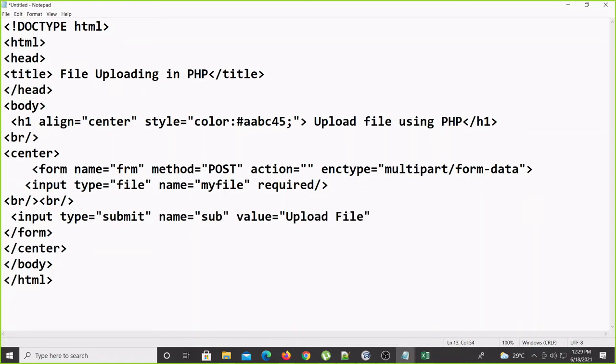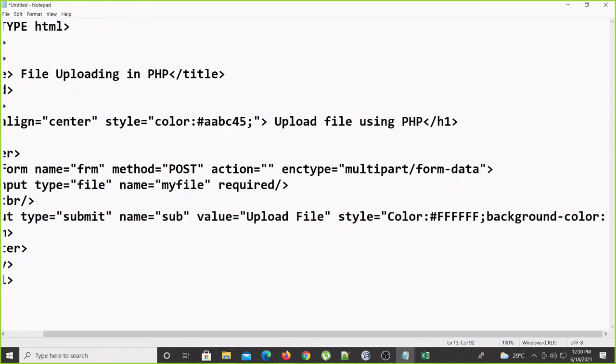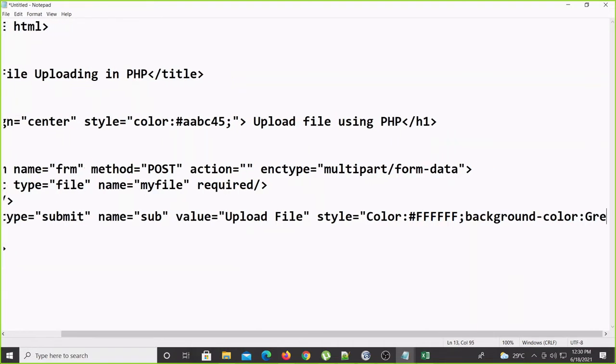And if you want any kind of CSS, you can also add it here. Style equal to color colon, we can use white only, and background-color colon, anything is okay, we can give green.